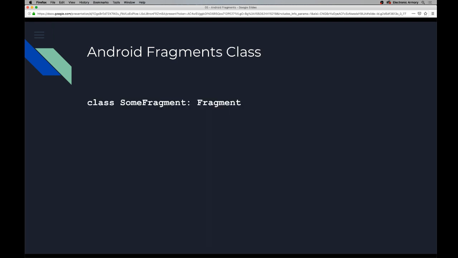So how do we create fragments? They're very similar to activities, as I mentioned. Create a simple class, name it something, and then inherit from one of the fragment superclasses. So there, in this example, it's just Fragment, but as with our activities, we have support activities, we have support compat or compatibility activities, and we have the same thing with fragments. So there's, I don't remember, at least 4, but I'm sure there's more